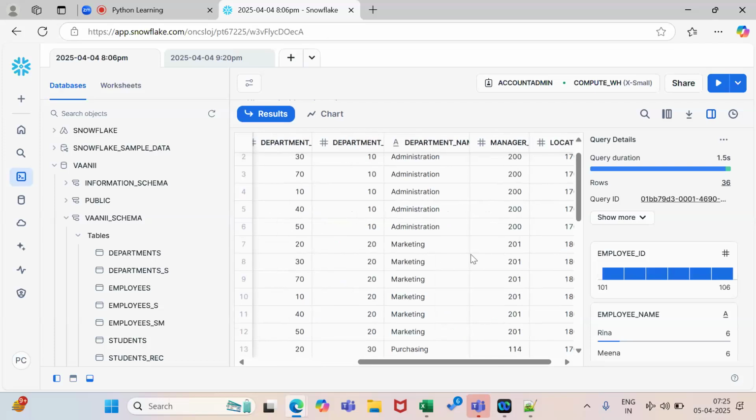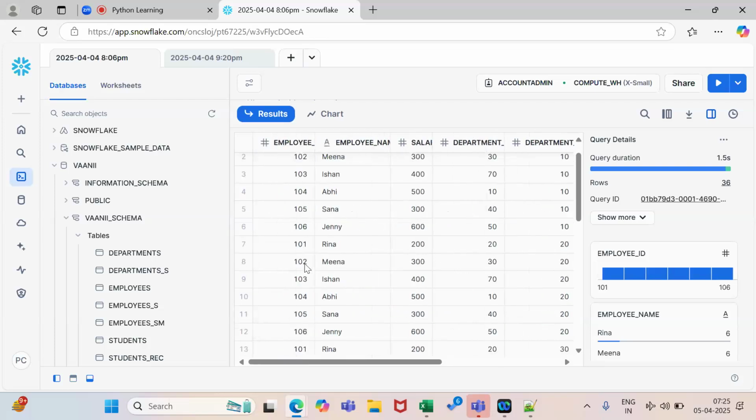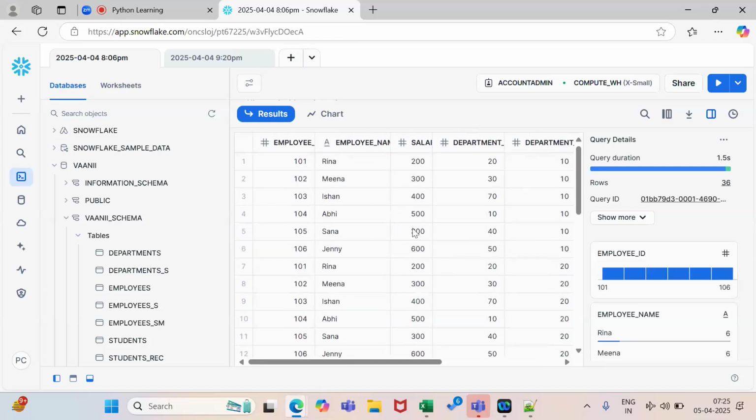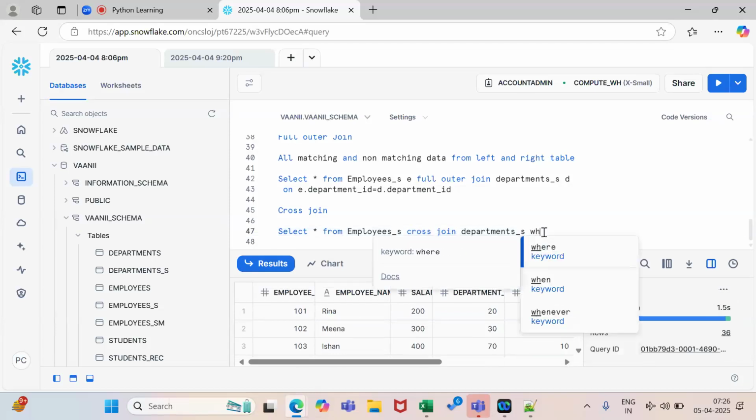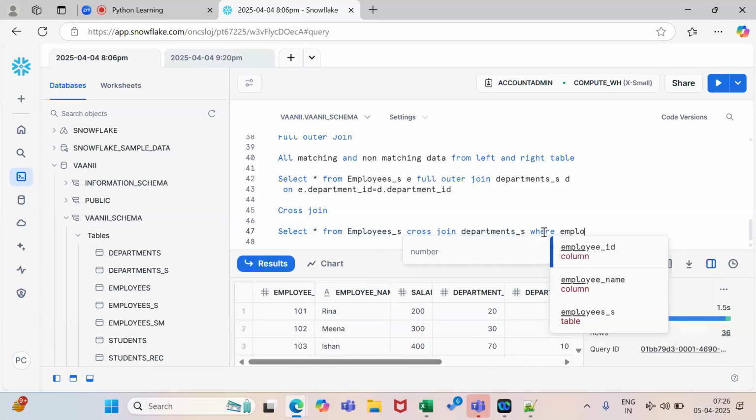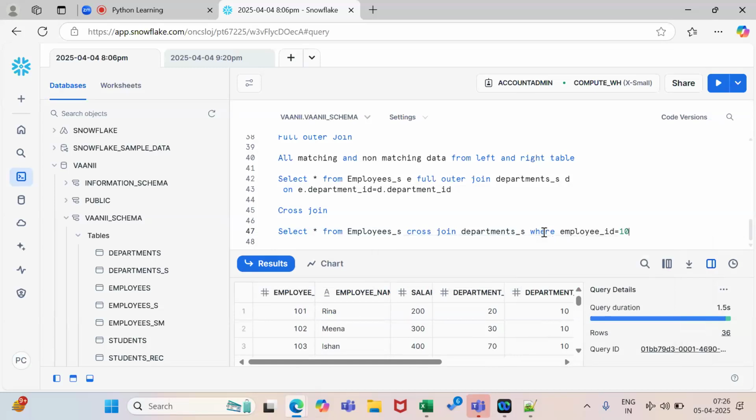Okay. So if you see here, let me just filter it out. Okay, let's filter it out for one, so we can understand.